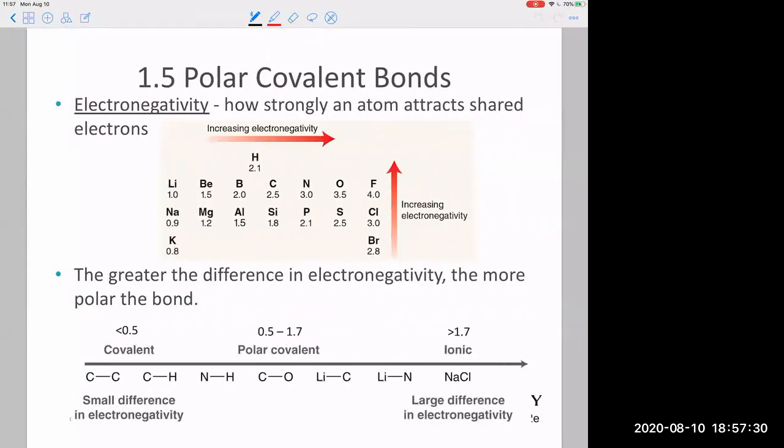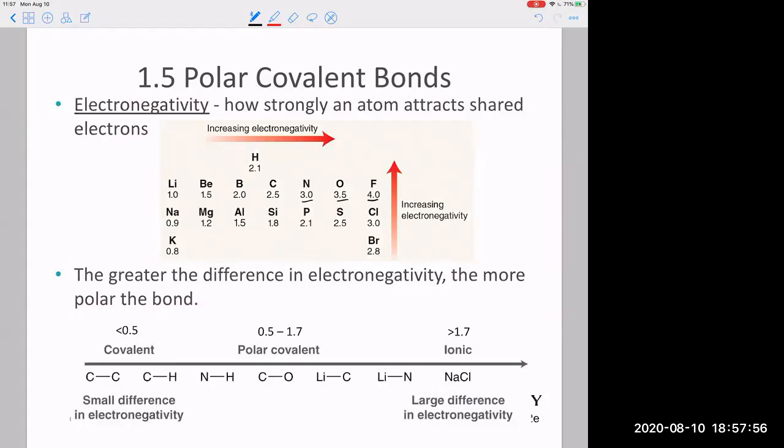How do we tell how polar a bond is? This is using this concept, this term electronegativity. So here's another vocab word that you're going to have to know. Electronegativity is how strongly an atom attracts a share of electrons within a bond. There's a scale that was developed called the Pauling electronegativity scale, where each element is given a certain value. And